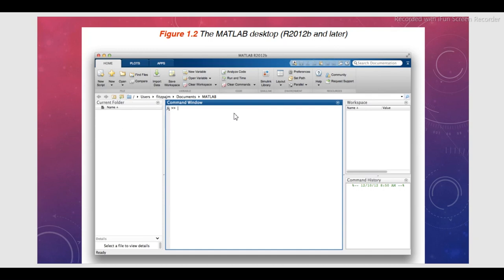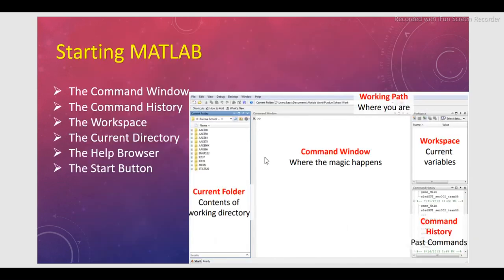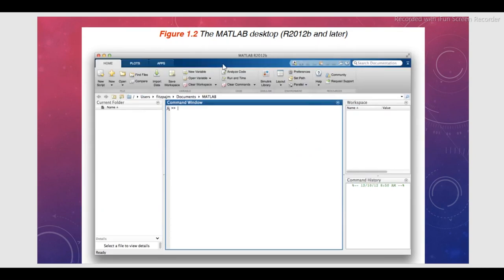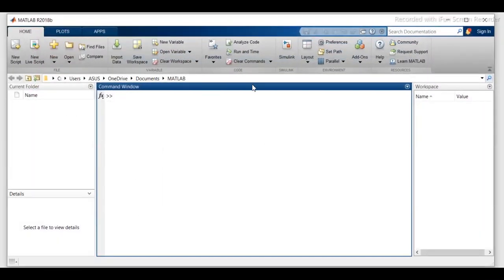So we have learned all about the basic features already in this picture. So if you open the software, actually you can command and you can run MATLAB.